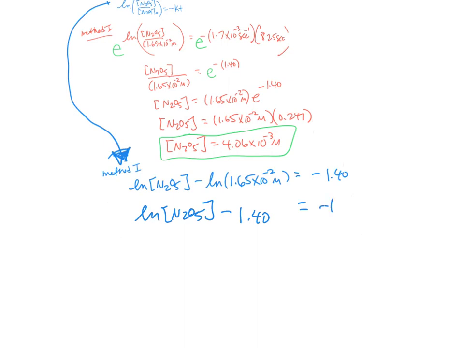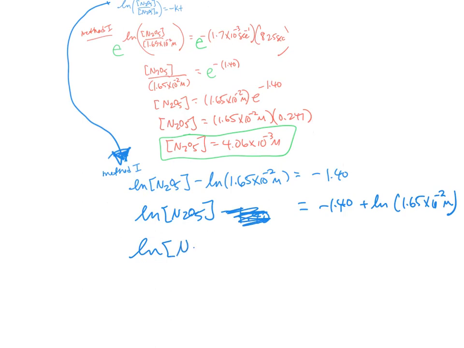Let's see. Let's be negative 1.40, and then this term we're going to put on the other side, and that is plus the natural log 1.65 times 10 to the minus 2 molar. So then you've got negative 1. Yeah, so we get rid of that. Okay, and then we have